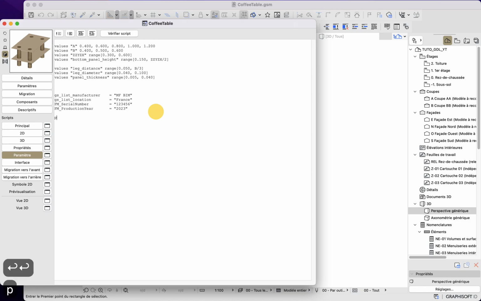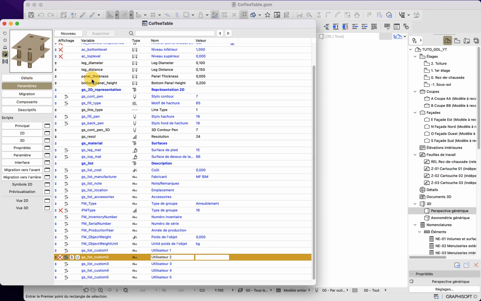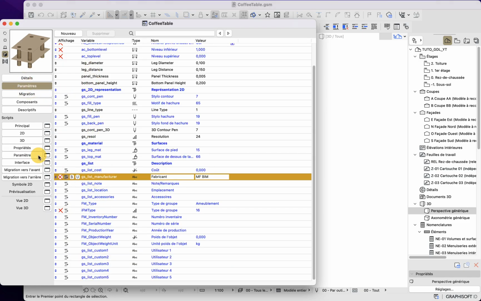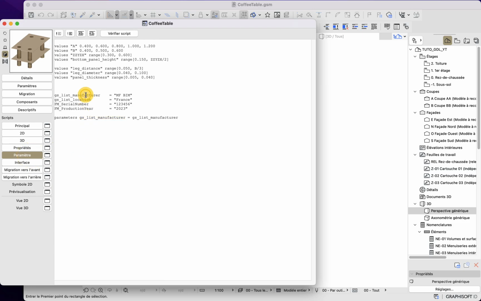Then what I will do is use the parameters command here, and here is the tricky part. I will need to equal it to itself almost. Here basically I will update this parameter, which is this one here, with the value of that parameter basically.